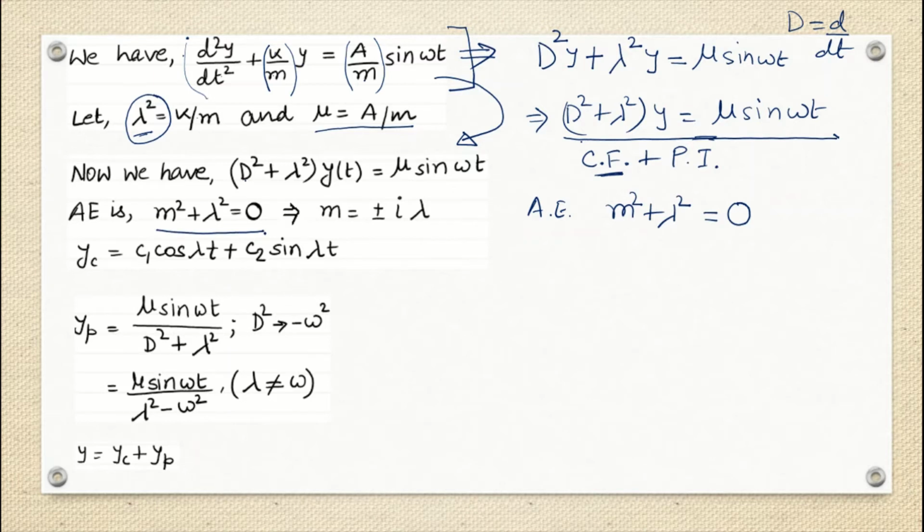Fine. Now this auxiliary equation says that the power of m is 2. That means the characteristic equation or auxiliary equation will get two roots, correct? There will be two values of m. So the value of m we got is an imaginary pair, that is plus minus i lambda. Now if my roots are an imaginary pair, we have seen that yc will be in terms of cos and sine, correct? So it will be c1 cos lambda t plus c2 sine lambda t. So this lambda has come from here. Okay, now we got what my yc is.